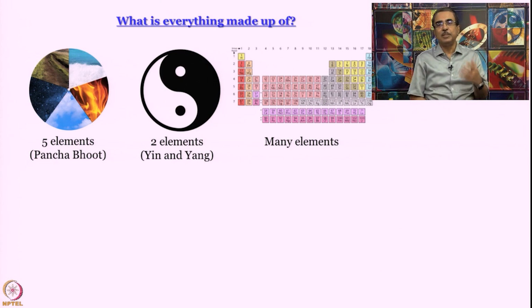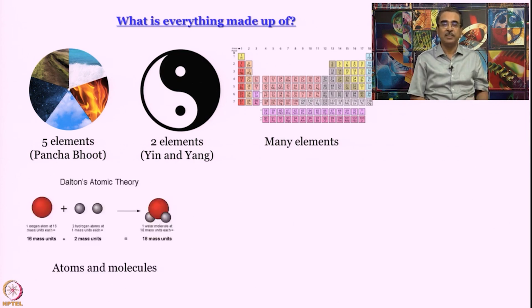Suppose I take a piece of iron and suppose we keep breaking it down into smaller and smaller pieces. The question is, do I stop somewhere or can I keep on making smaller and smaller pieces? Again, in ancient Indian civilization, an answer to this was provided by a scholar whose name is believed to be Kanad. And Kanad actually had said that everything is made up of things like anu, small fundamental particles,